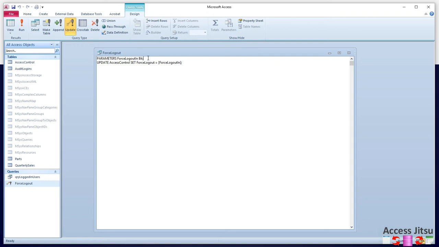It is an update query, and it takes a parameter as input. Okay, so we have a parameter statement at the beginning to take care of that parameter. Parameters: force logout in is what I've called it, and it needs a Boolean value as input, and when we're dealing with parameters we call that a bit. An important point here,